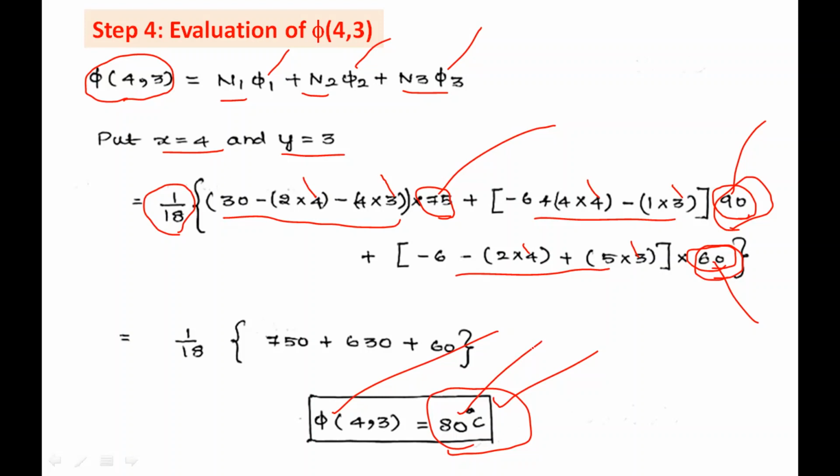So this is one simple example of how to determine the value of the field variable inside a triangular element, provided you know the nodal coordinates and the nodal temperatures are nodal parameters, right? So this is one simple example of how to use the shape function. Now we will take up one more example.